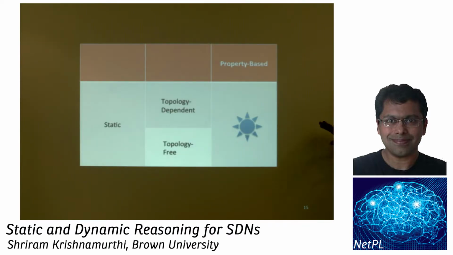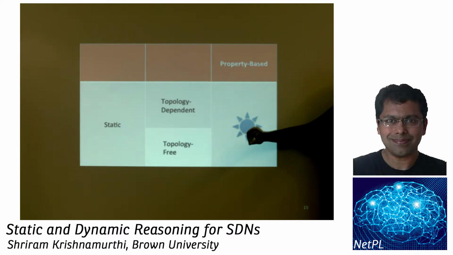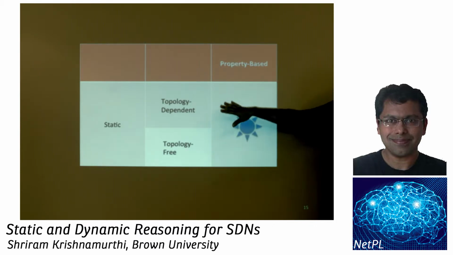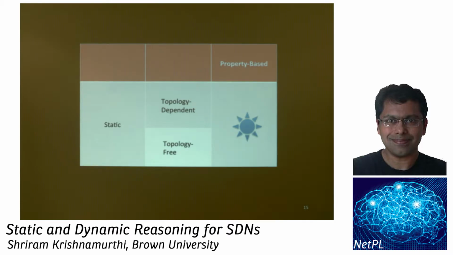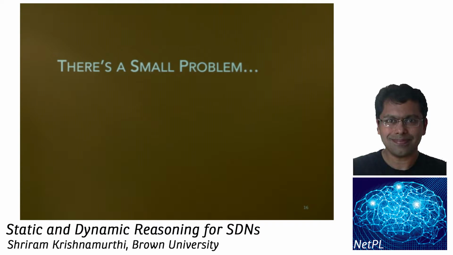So now I want to start telling you about the landscape, right? I started by telling you about static properties, and in Flowlog we've done two different things. We've used model checking for topology-dependent things and used this first-order logic solver for topology-free things, okay? So you can do some reasoning with topology, a lot of reasoning without topology. But now I want to go beyond this kind of static verification that the PL community normally does and tell you about a few other things. So, first of all,